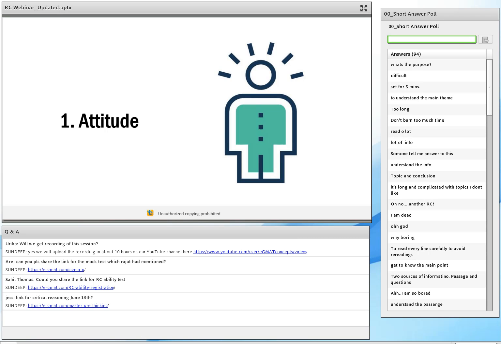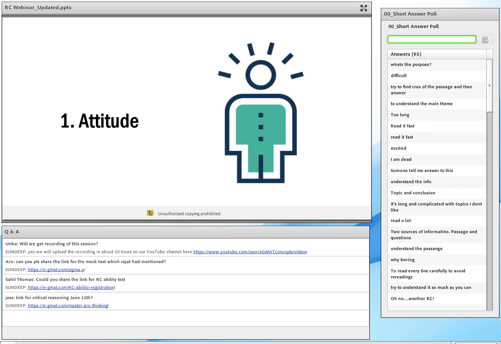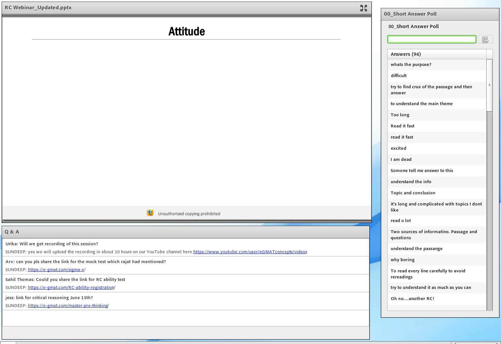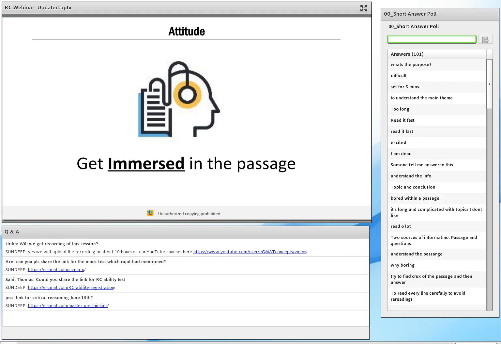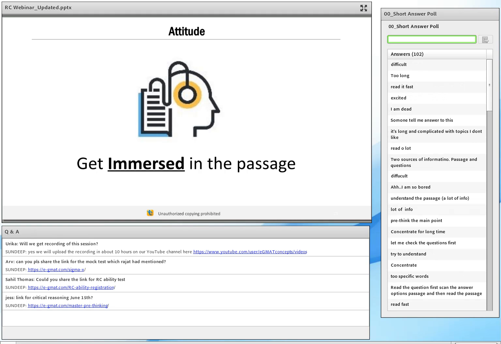And the first thing you need to do to ace GMAT RC, regardless of what strategies I tell you, is you have to have the attitude of getting immersed in the passage, and that's really important if you want to ace GMAT RC. Why? Because if you don't have that attitude to get immersed in the passage, you will not be an active reader. And that's the first thing you've got to tell your brain. Why? Because contrary to what you think,